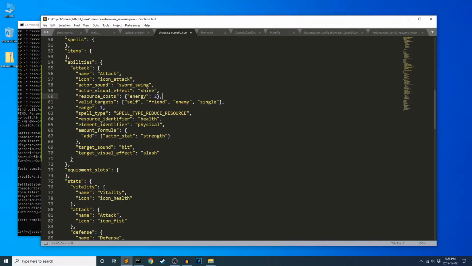All right, self, friend, enemies, single. Sure, you can attack any single thing on either side of the battlefield, but your range is only 1, so you can't punch somebody who's standing like 3 tiles away from you. Spell type, reduce resource. Oh yeah, okay, so